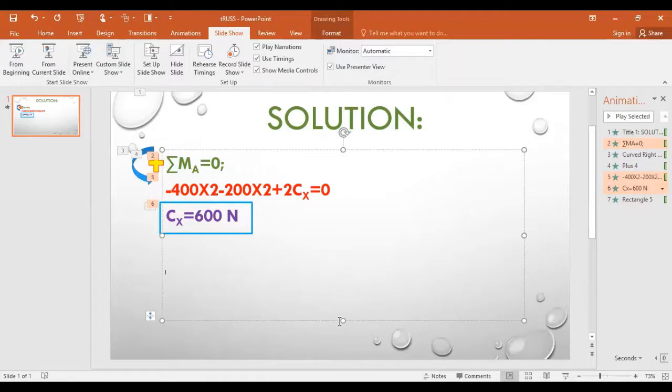It's over. So hopefully you will understand it. How can you make the equation or write down the equation in MS PowerPoint, and step by step it will be very helpful. Hopefully you will understand it and you will do it accordingly.